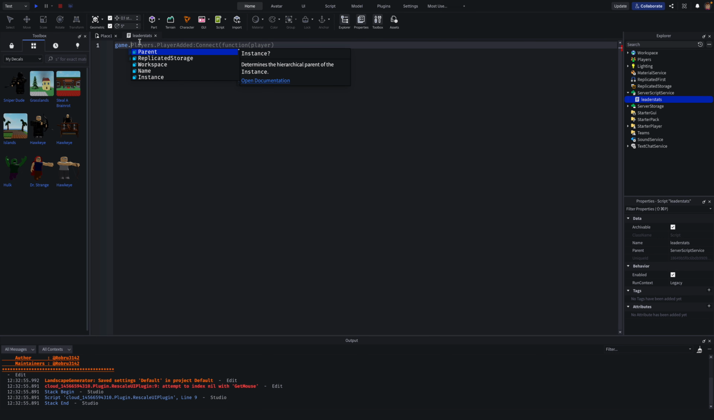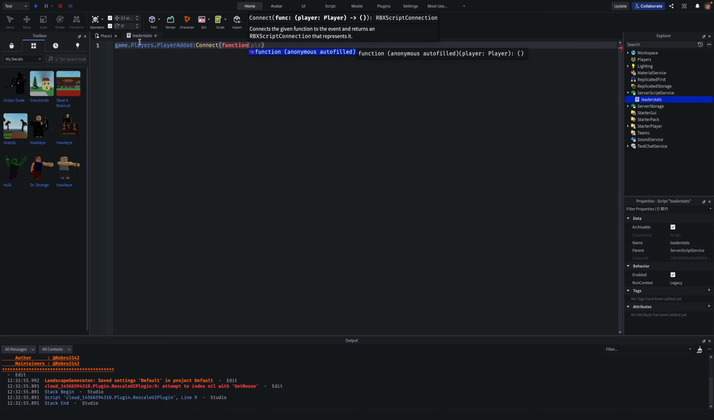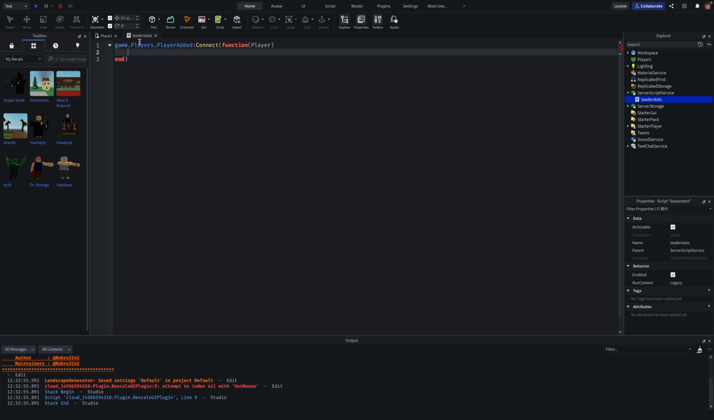let's go game dot players dot player added connect function, and then player, and then local leader stats equal instance dot new, in parentheses and speech marks, folder, just like that, and then out of the speech marks, comma, player,